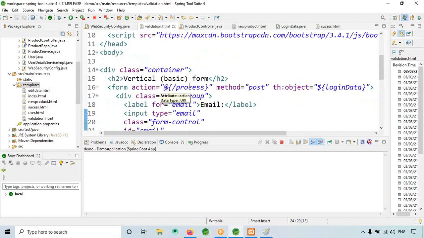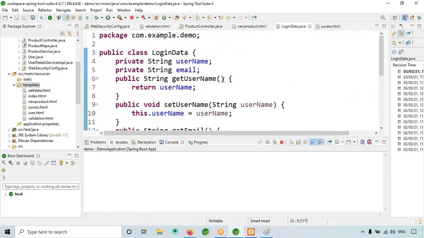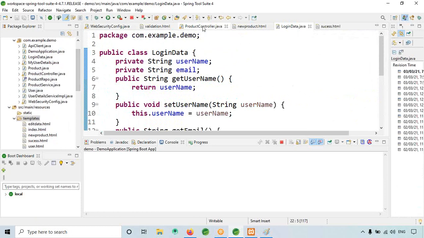Because of that, it is not going to the next page. At the rate, slash process form. Okay, I think a spelling mistake. Yeah, here in the controller, login data.